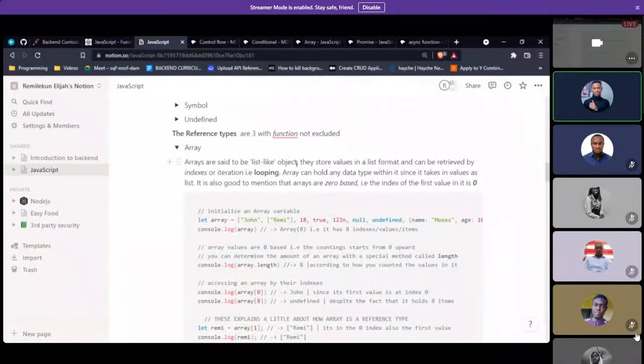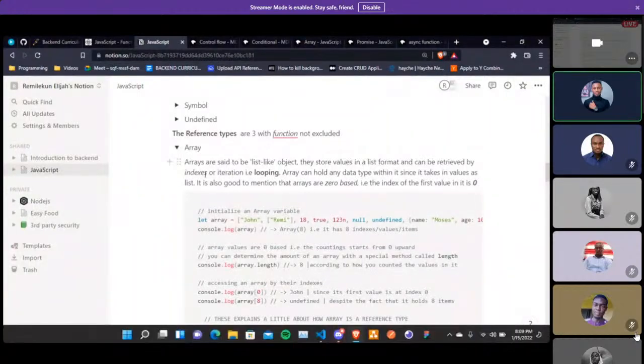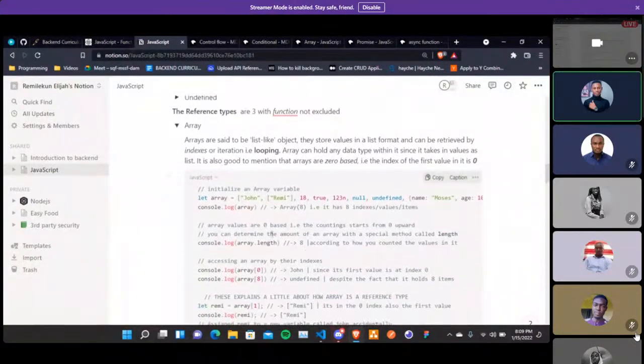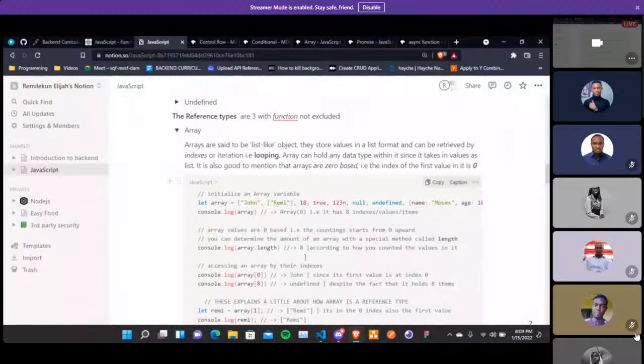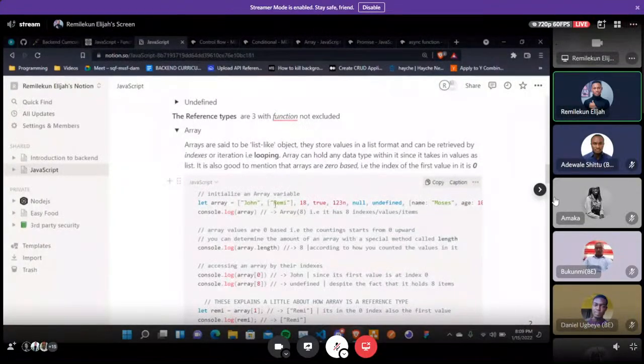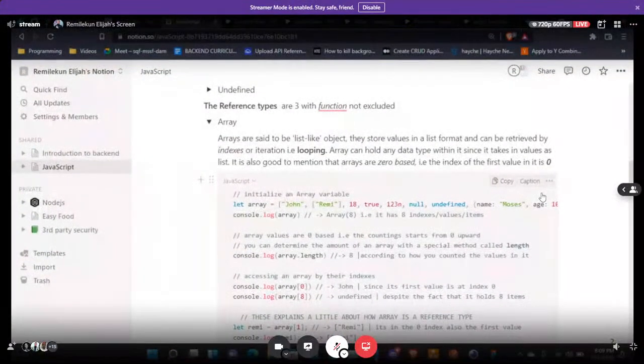So arrays are said to be list-like objects. They store values in a list format and can be retrieved by indexes or iteration. That is looping. Okay, I'm going to explain this a bit. And we have samples. The reason they say arrays are list-like is because when you want to create an array, of course, you just have to know the syntax first and then know how it's used. So let me come to